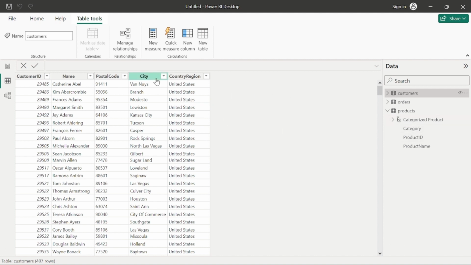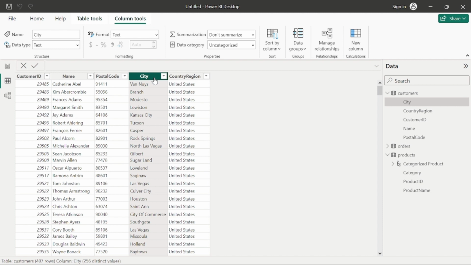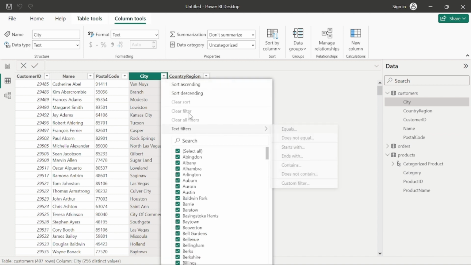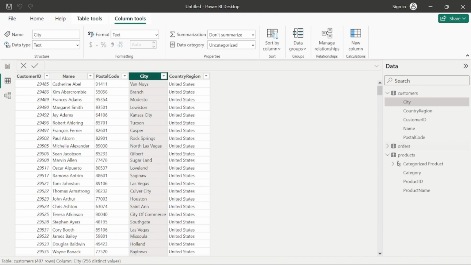Select the city column header. Just select this and set its data category property to city. So how we are doing that? Select the city column header and then set its